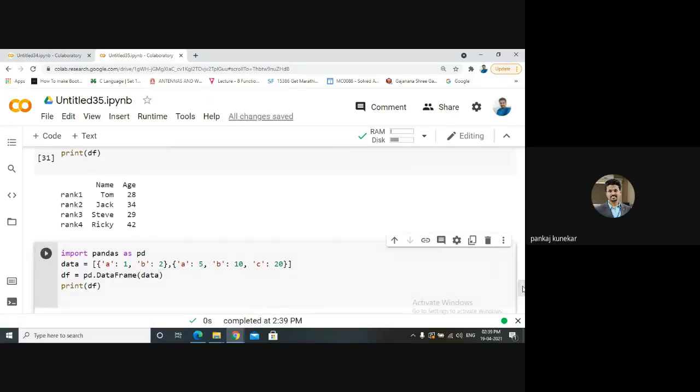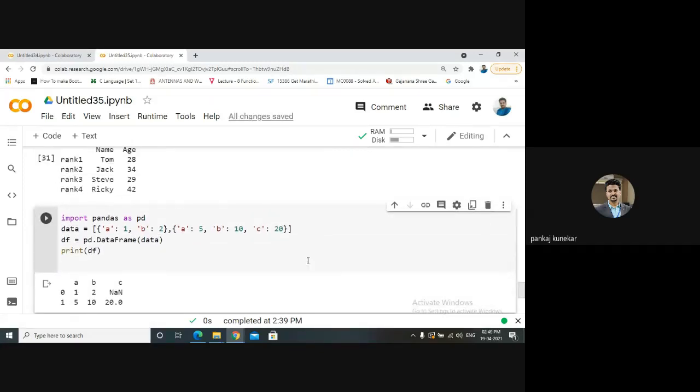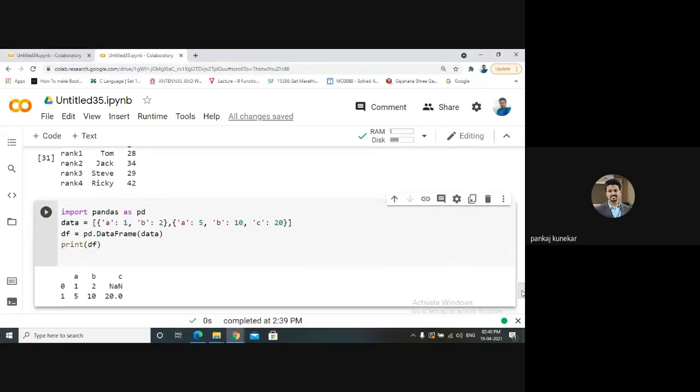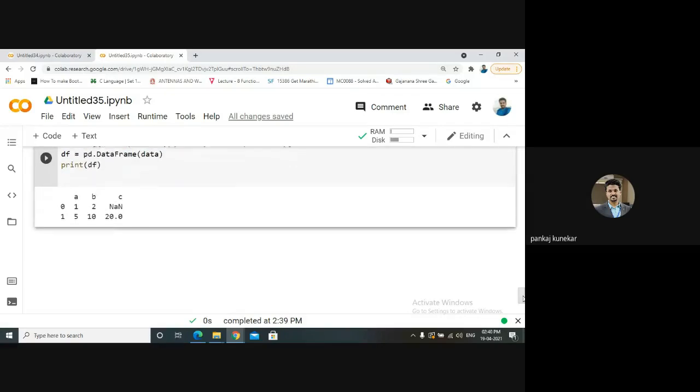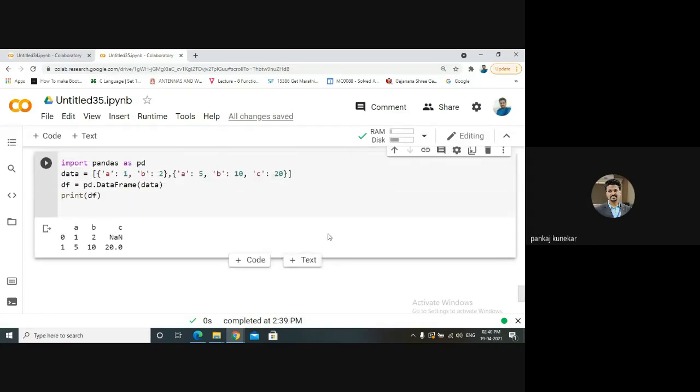See here, some missing values will be there, because we have A and B as common data. A, B, C will be created as the maximum keys, and the respective data will be put here: 1, 2, 5, 10, and 20 will be assigned to C.